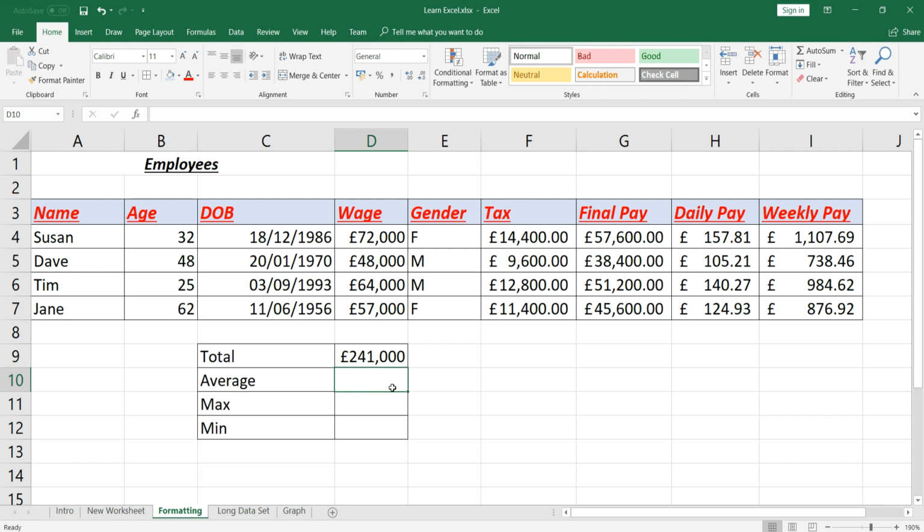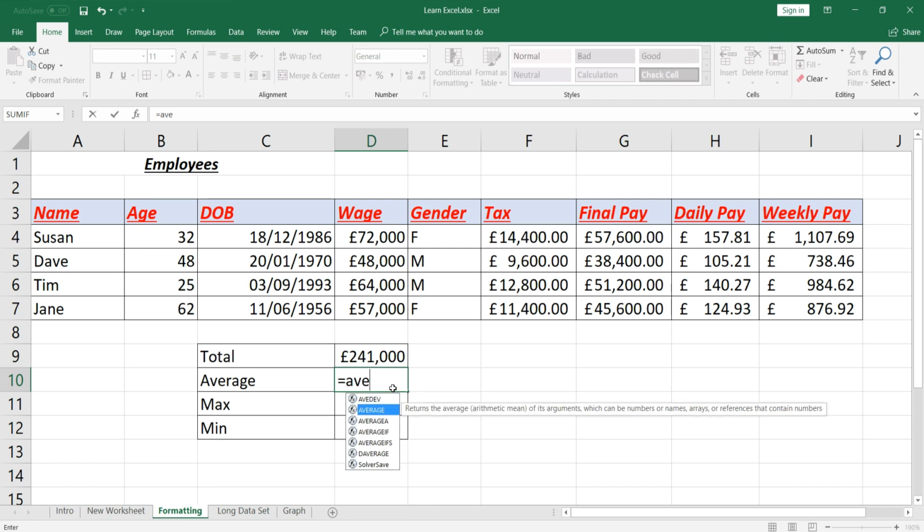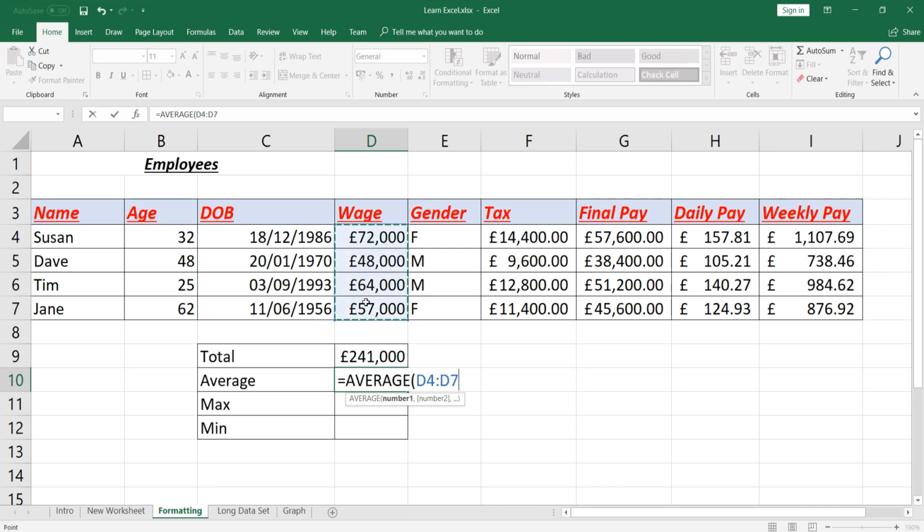We're now going to look at how we do an average. So we type equals, and then we're going to type the word average. This will return the arithmetic mean of our values. So we can then again select these 4 and close brackets, and we can see that we've now got the average of our wages. You can find the maximum value by typing equals max,